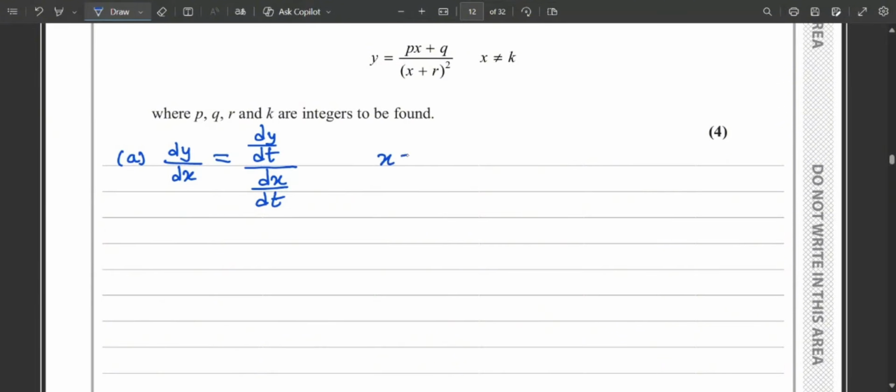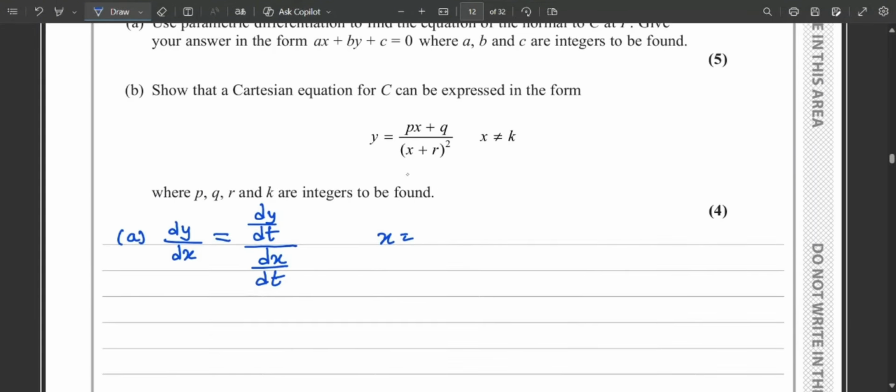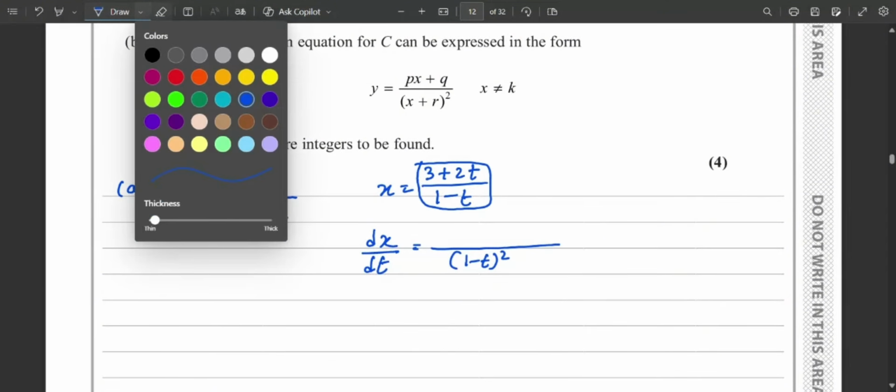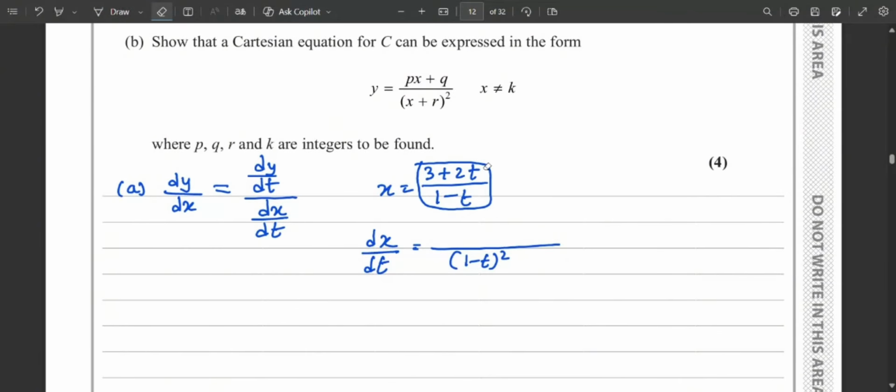So I know the expression for x is 3 plus 2t divided by 1 minus t. If I have to differentiate it, at first I can see that this fraction cannot be simplified any further. As this cannot be simplified, for any expression in quotient form we have to use the quotient rule to differentiate it. So, as per the quotient rule,